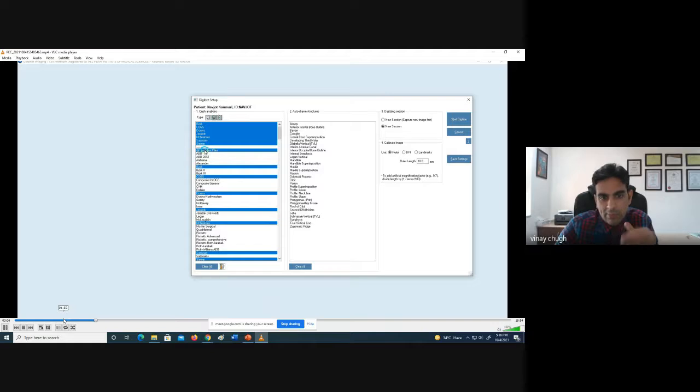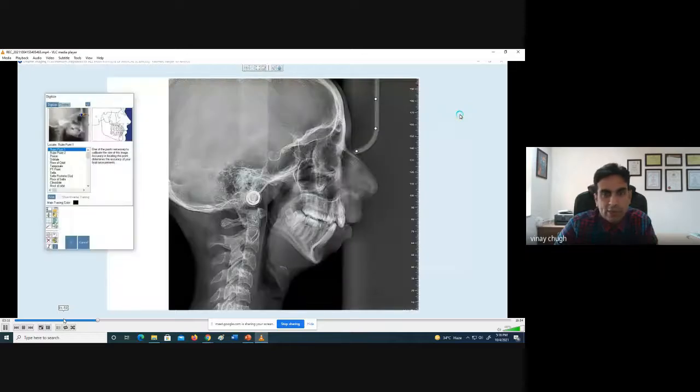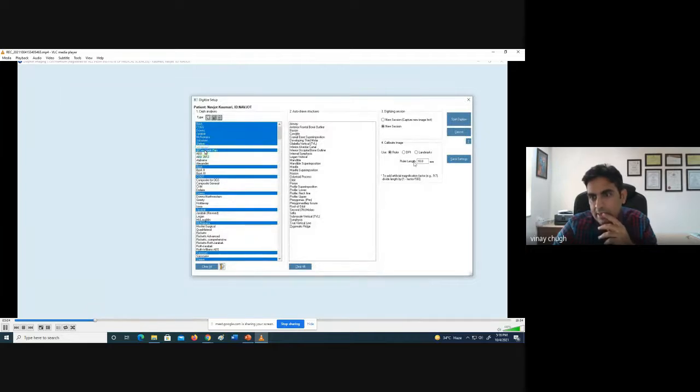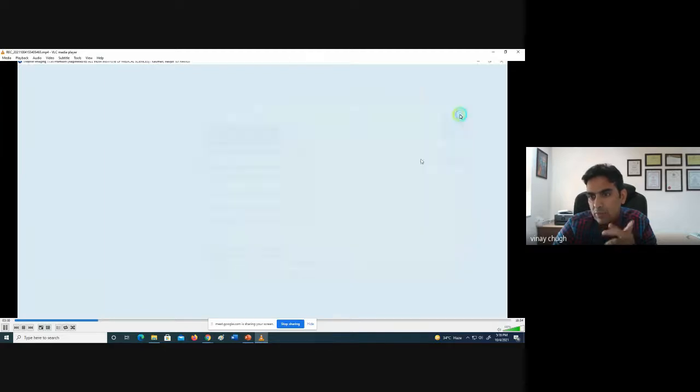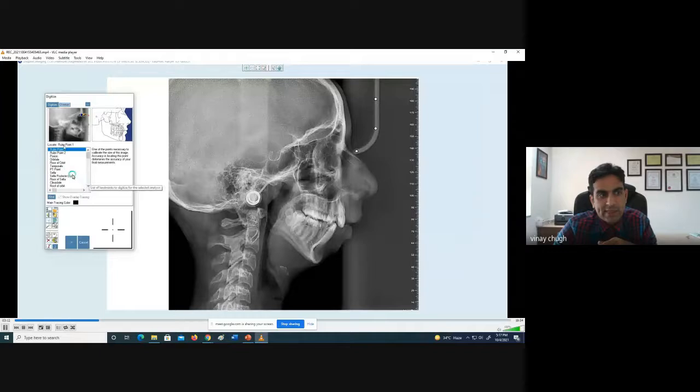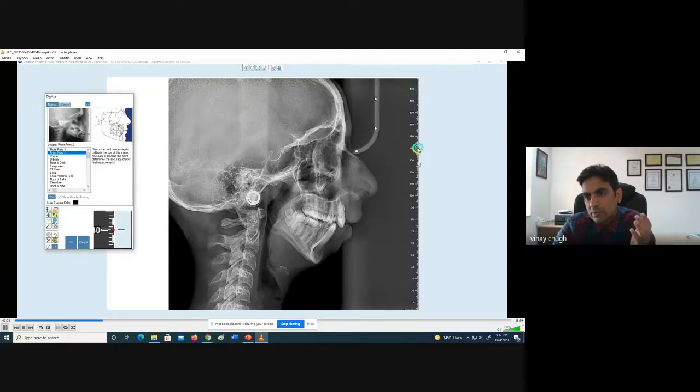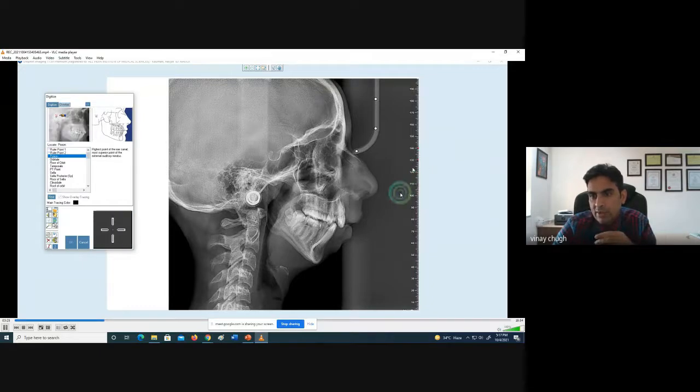There are multiple options. I'm clicking on the treatment plan because we are going to build one. And then the software will ask you to digitize whatever landmarks we are using in this cephalogram. First step is calibrate. Here is the ruler length. So we have to calibrate this ruler length. Whatever we select, we have to calibrate onto the Ceph. So the first step is ruler point 1 and ruler point 2. We will calibrate this image, and because we have selected 10 millimeters, I will select 2 points which are 10 millimeters apart, so that our image is calibrated.